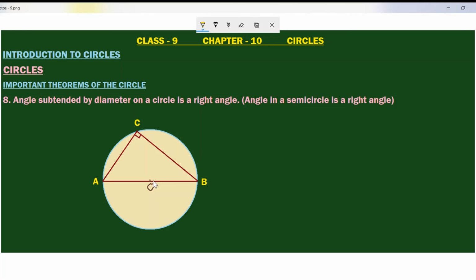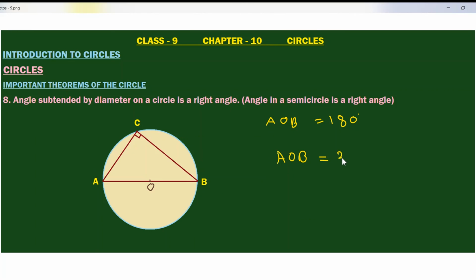We already know the chord subtends an angle at the center that will be double the angle subtended at any point on the circle. You can take theorem number 7. If this is AOB, according to theorem number 7, what is our equation? AOB. We know a straight line makes 180 degrees, so AOB is equivalent to 180 degrees. According to theorem number 7, AOB is equivalent to